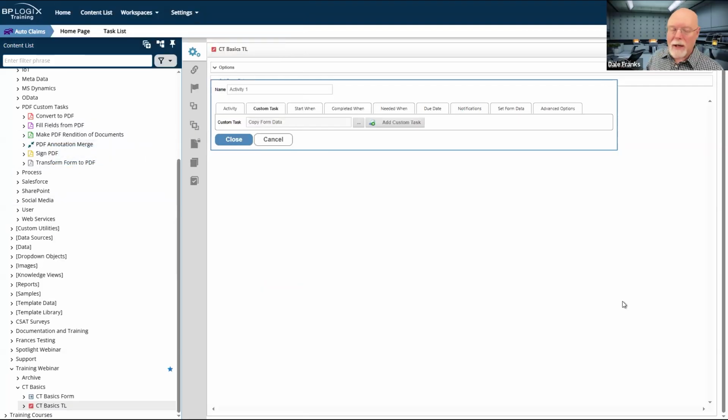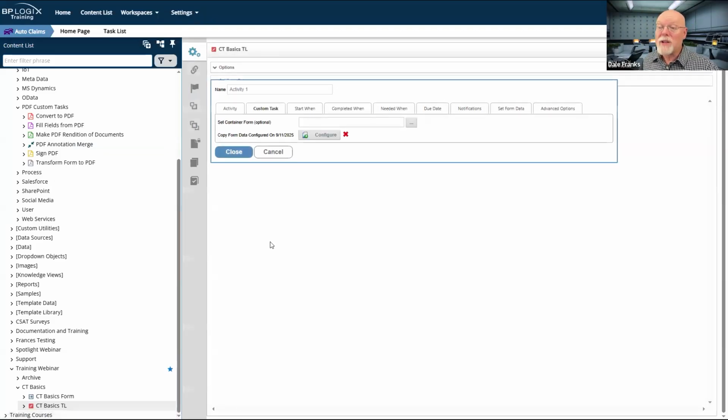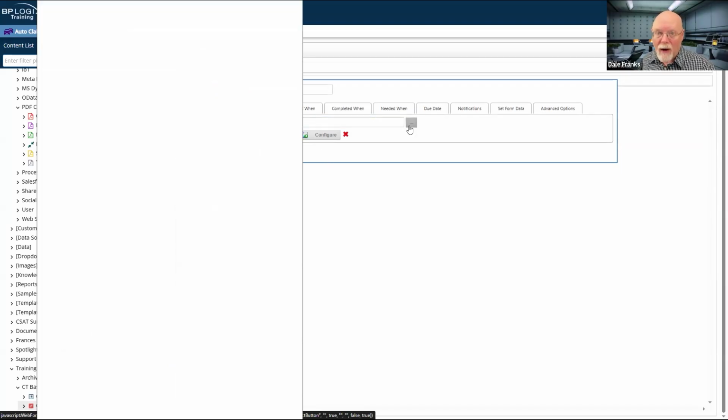So I'm going to take data from one form and place it into another form. It's super important now that I set my container form, because I need to know the form from whence the data is coming. Then in the copy form data, I'm going to determine how and where to copy that data. So in a case like copy form data, this set container form becomes super important because I need to specify my source form.